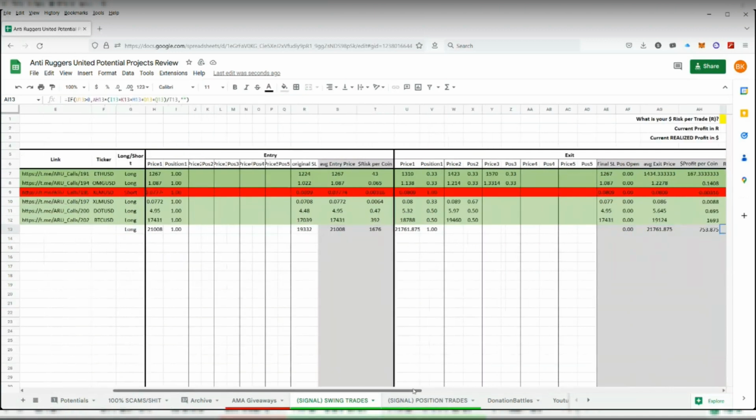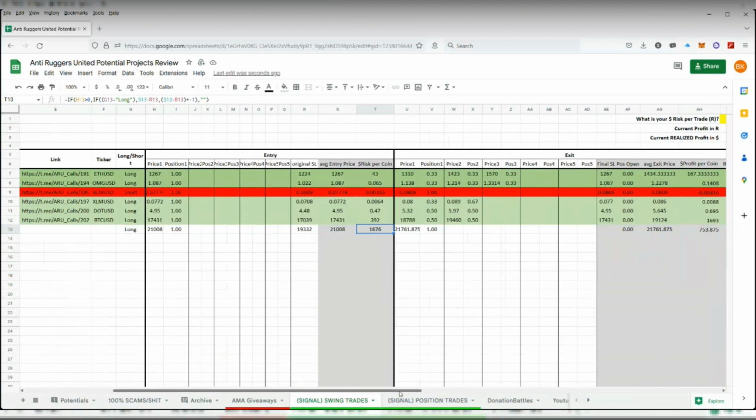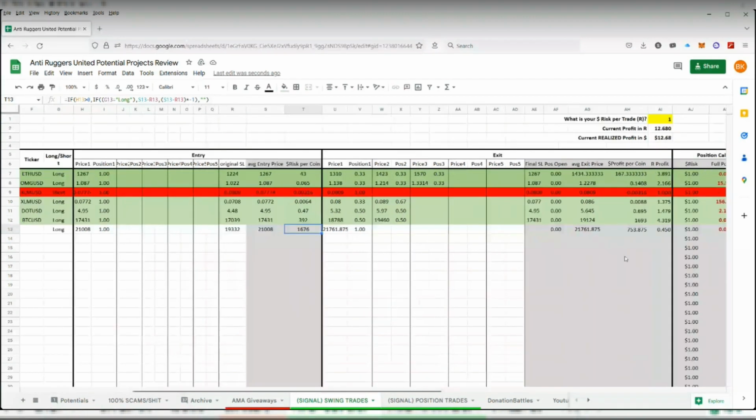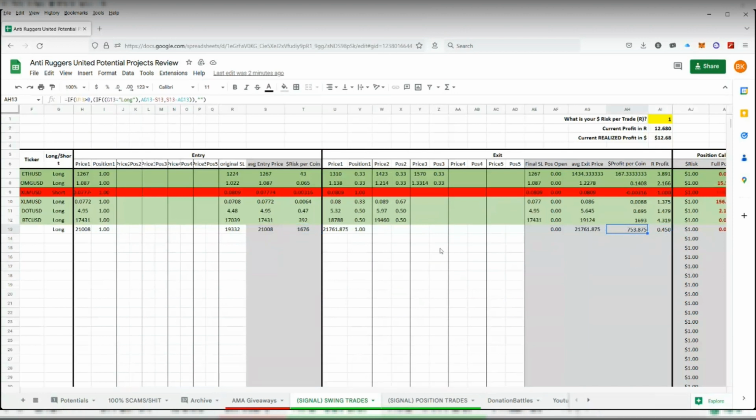So it's not a very good signal, because look, you're risking $1,600 per Bitcoin, but your profit is only $700 per Bitcoin. So of course, more likely it's going to be a winner, because the stop loss is so far away. But every time you do lose, you're going to lose a huge amount. Do you know what I'm saying? So the odds are this will be a winner, and you will win $700. But if you lose, you're going to lose a lot more. And that's not the kind of trading I like to do.